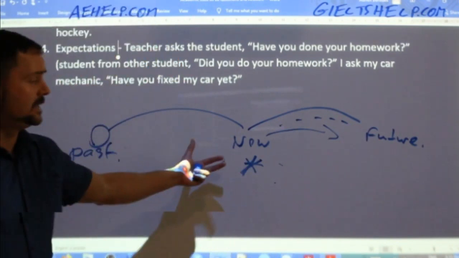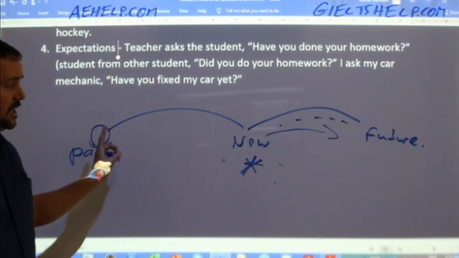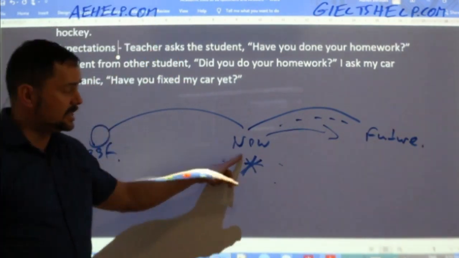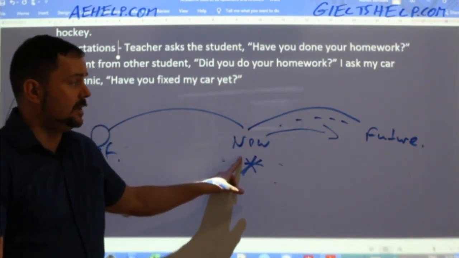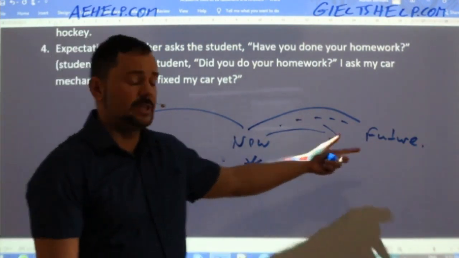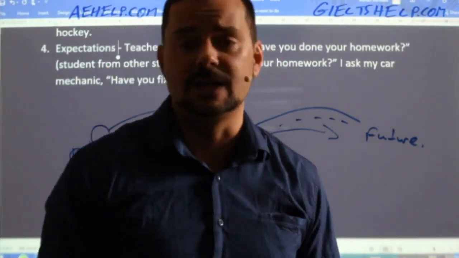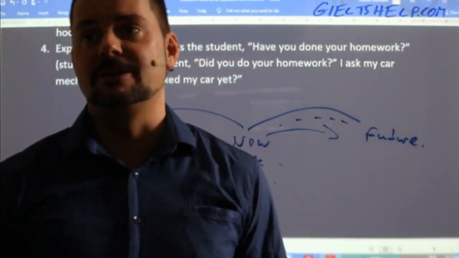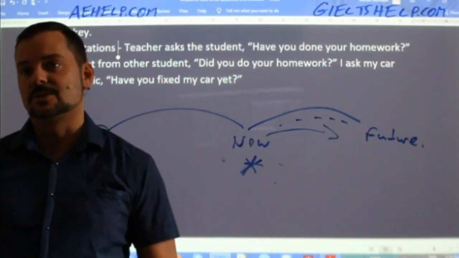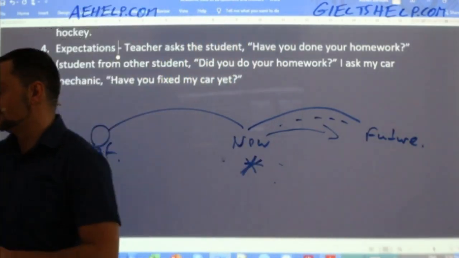So with expectation, it makes a lot of sense because your expectation starts in the past, it's present now, and you want the audience, you want your listener to know that, of course, your expectation will be there tomorrow and next week. It doesn't just disappear, okay? It stays. That's right, Hamad. So we use present perfect for expectation.